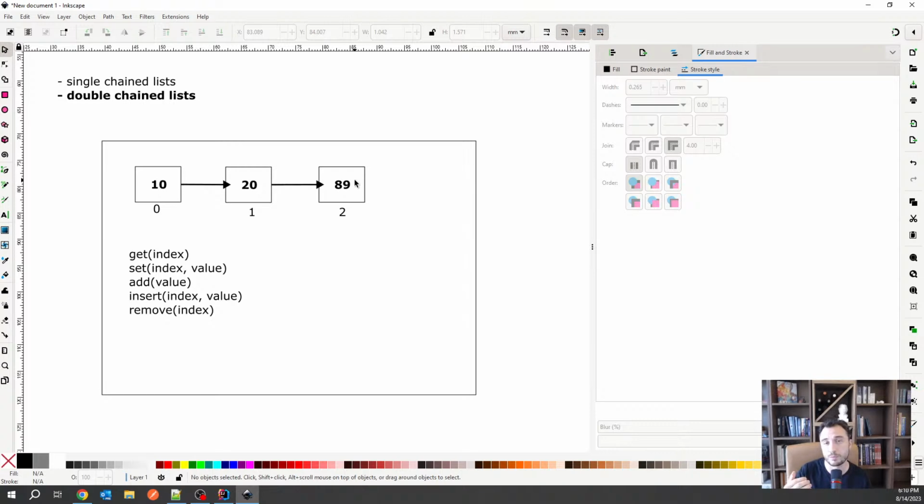Because you have to parse the list, you need to iterate through each and every element until you've found the element that you need. So this is how it works. You can already see a big difference between array list and linked list. When it comes to access to the value, it's definitely better to use an array list rather than